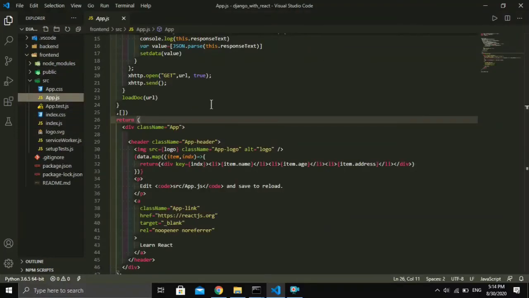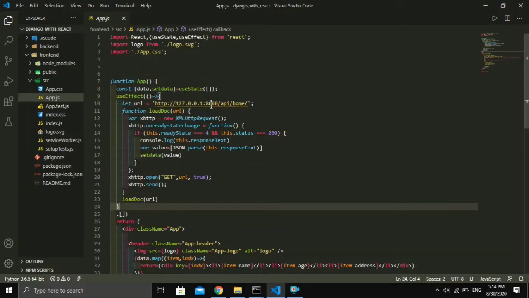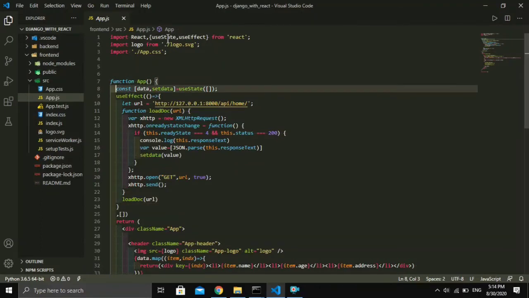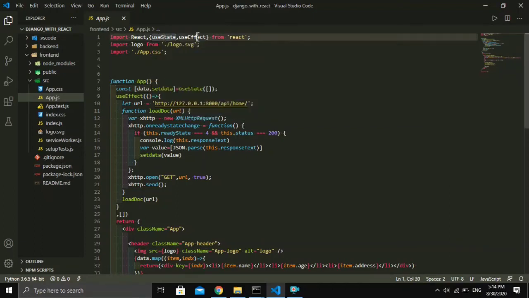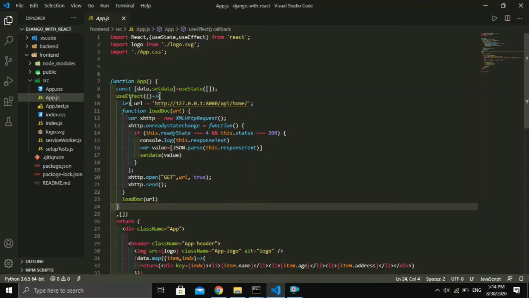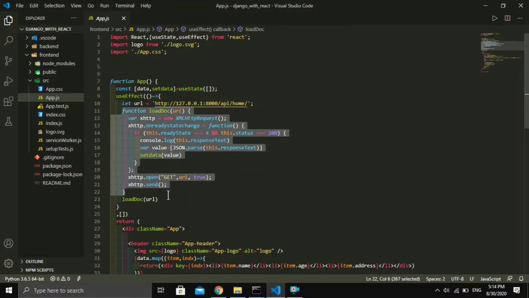Inside my App.js, there is a lot of things to do. At first I import the packages useState and useEffect from React, and here initialize data and setData equal to useState, and this data is equal to an empty array at first. Within the useEffect I pass the URL, initialize the URL, since I want to access the data from this URL.